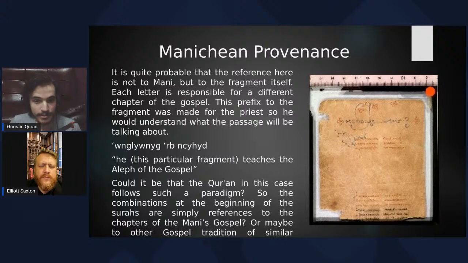And could it be that the Quran in that case follows such a paradigm, so that the combinations are referring to the Gospel of Mani, or maybe other gospel tradition, which borrows the similar convention of demarcating the fragments